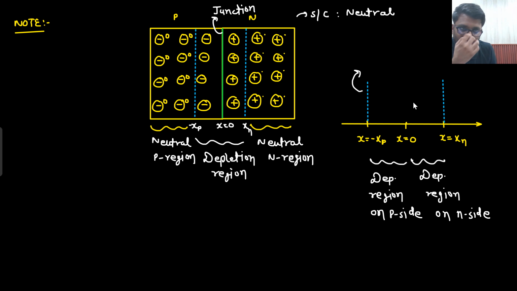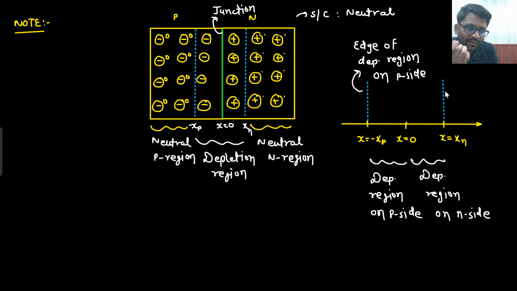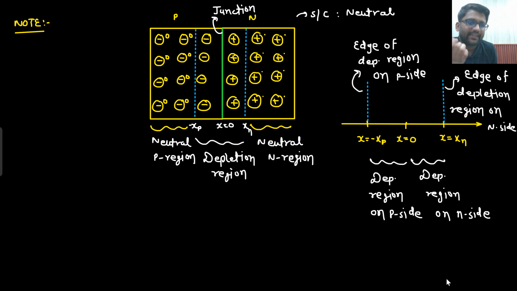What is this known as? Edge of depletion region on P side. What is this known as? Edge of depletion region on N side. So just the naming, like when I am explaining a particular concept, I will say at the